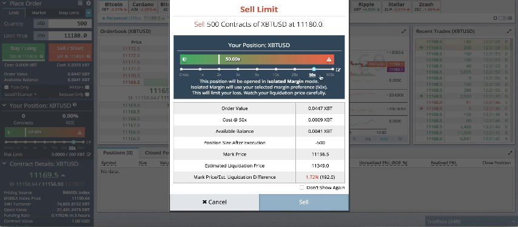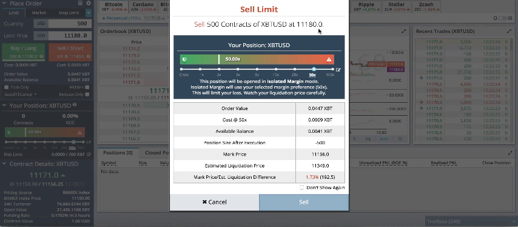Here you enter a screen where you actually get to select the amount of leverage. And when I was talking about this crucial point that can either make you or break you with trading Bitcoin futures, you have to be extra careful with this part right here. Mark price, established liquidation, difference. What that means, some of you already know this, and for some of you that might not, I'll just give a brief explanation. If you're entering at a price of 11,180, and if you're shorting in this particular case,